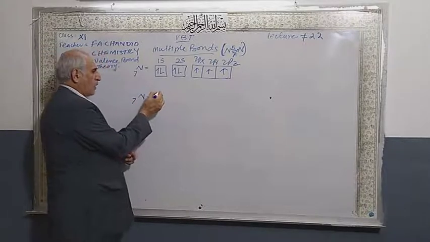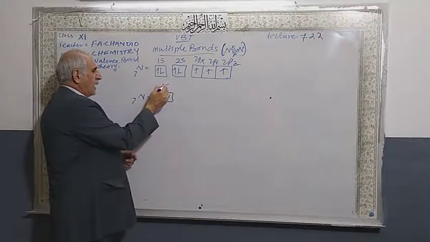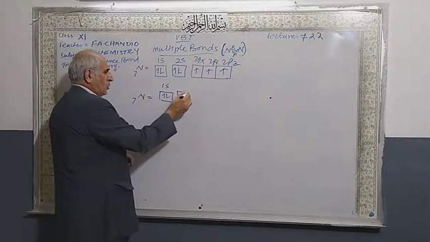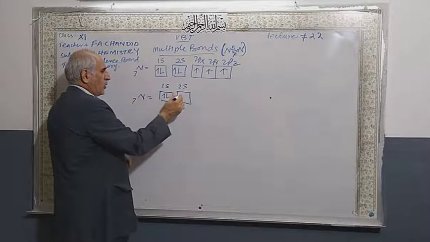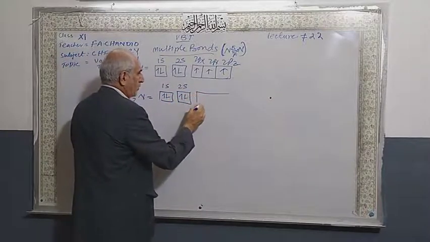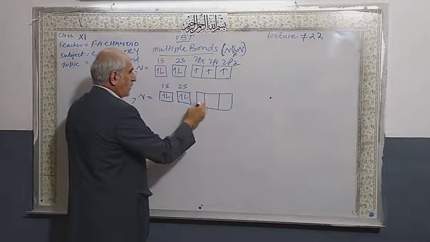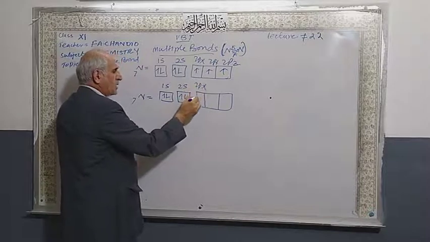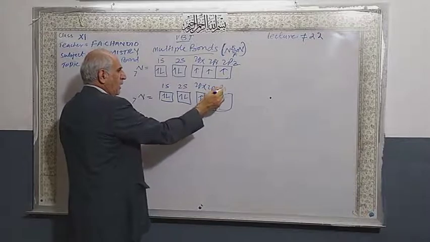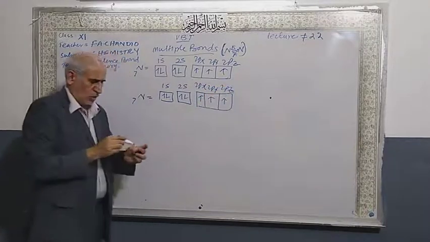Again the same electronic configuration: 1s, 2s, 2, like this one, 2px 1, 2py 1 and 2pz also 1. So all the three